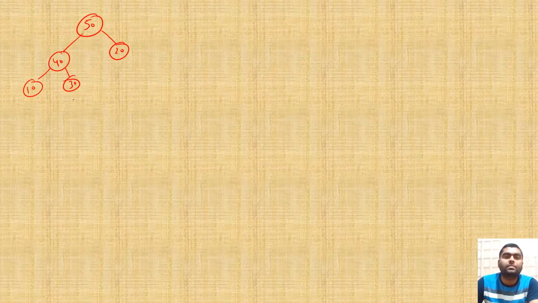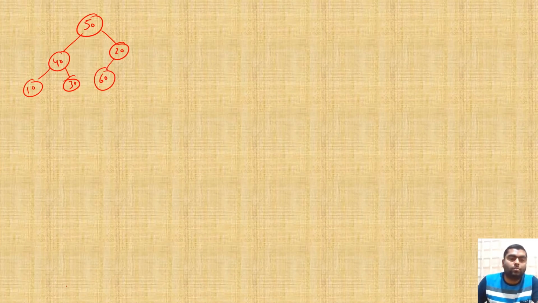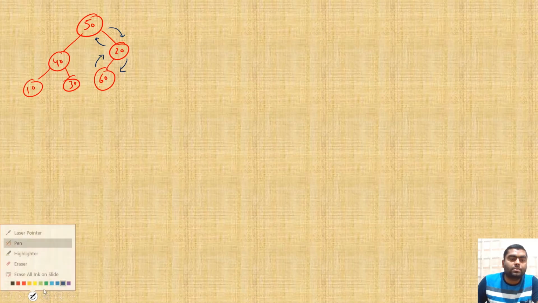Now what is next? 60. So 60 will be inserted left to 20 according to the almost complete binary tree. Now just check. 60 is greater, that's why the correct place is this, and 60 is also greater than 50. The correct place is this, and this will come here, and this will come here. So what will be the final tree after this step?